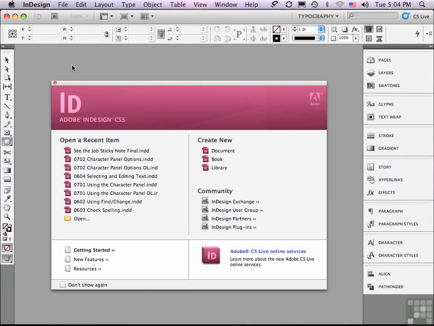In this lesson, we're going to be discussing the ins and outs of preferences and defaults. In InDesign, it's so easy to change defaults that you can actually do it by accident. We're going to be talking about that in just a few minutes, but first, let's talk about the rules